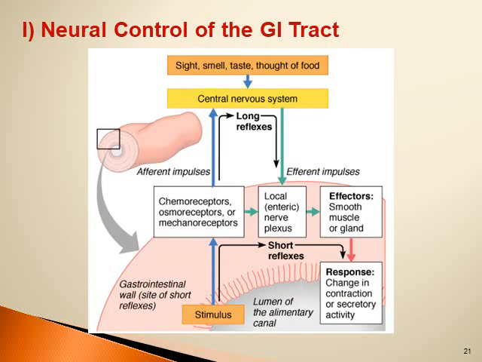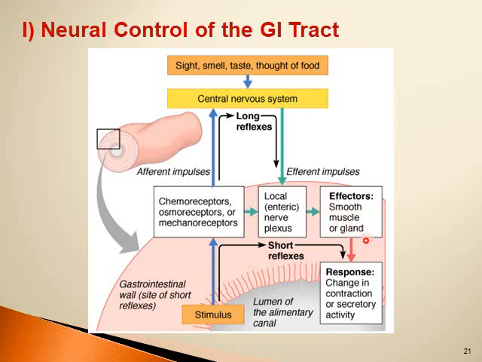Here we can see a summary of the neural control of the GIT. We can see, as I said, we have stimuli that stimulate mechanoreceptors, chemoreceptors in the mucosa or in the wall of the alimentary canal, short reflexes that occur through the local enteric nerve plexuses. The submucosal and myenteric will produce a response by acting on the effectors, which are the smooth muscles or glands